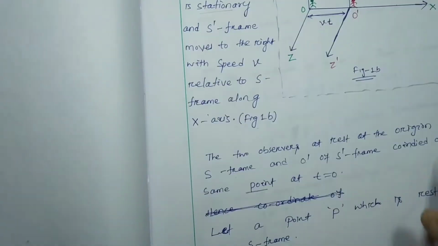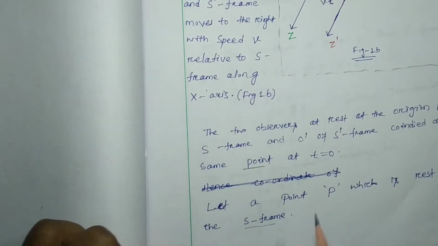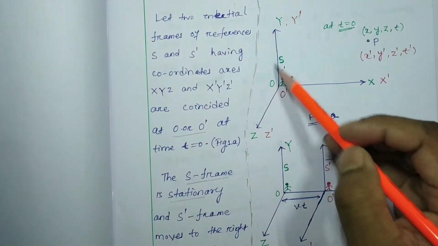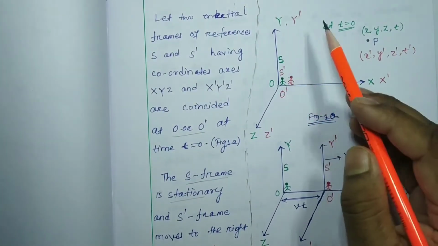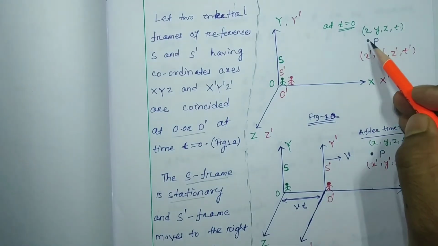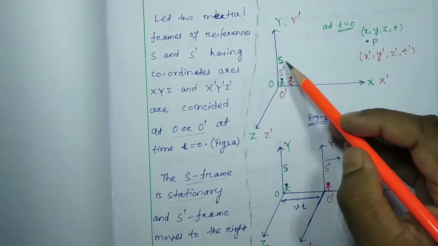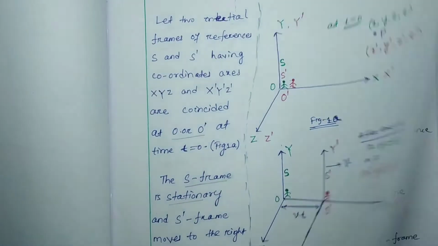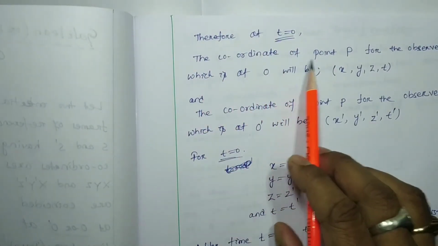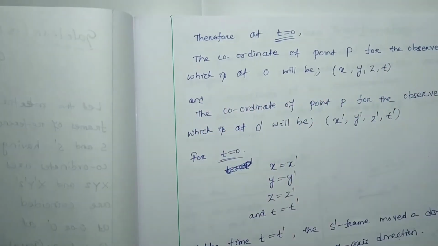Let a point P be at rest in the S frame. Now we consider a point P which is at rest in the S frame, not the S dash frame. This point is stationary. Therefore, at t equal to 0, the coordinates of point P for the observer at O will be